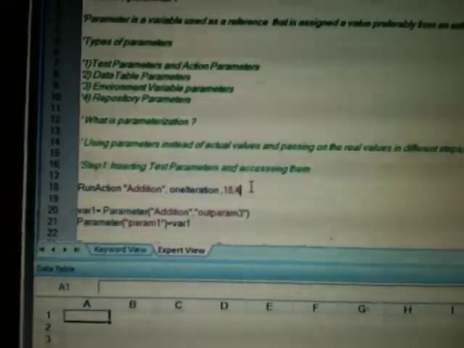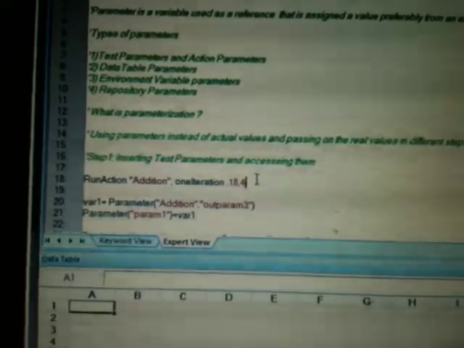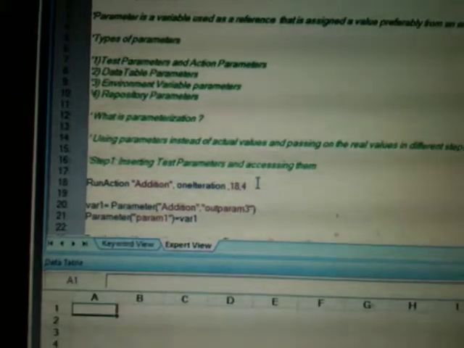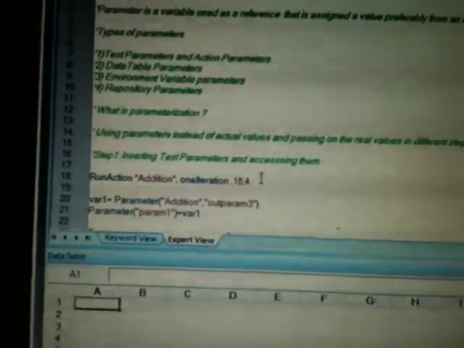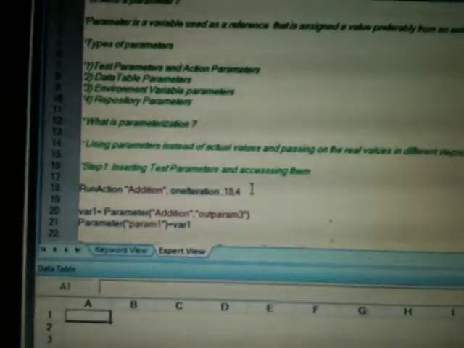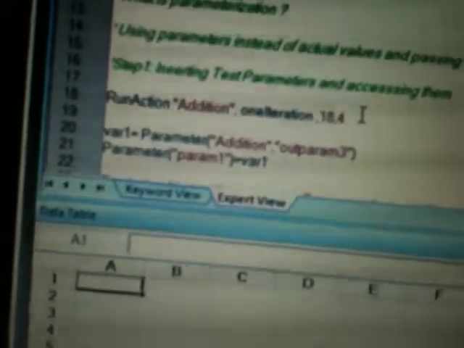Is it clear? But you will only understand it when you practice it. Me explaining the stuff, you will only understand the concept of how to use it. But when you actually do it practically with your hand in real time, then only you will understand. For me also, I have never used action parameters in my career. I am frankly telling you. But in order to explain to you, I am using it because I know the concept of it.